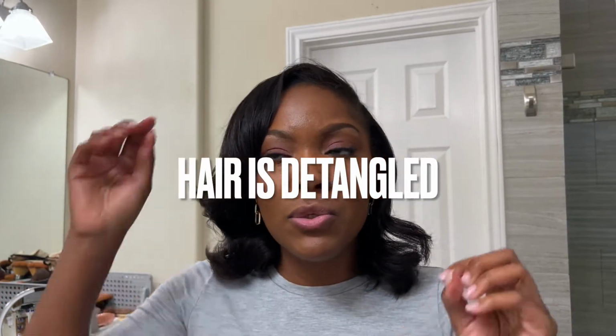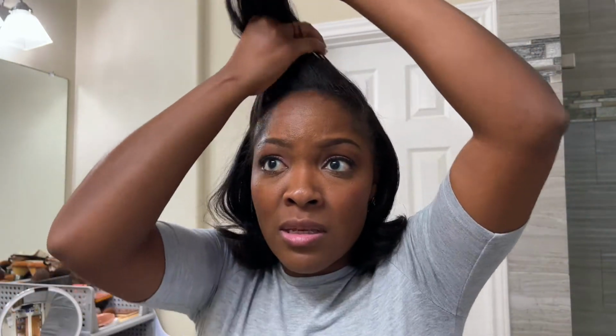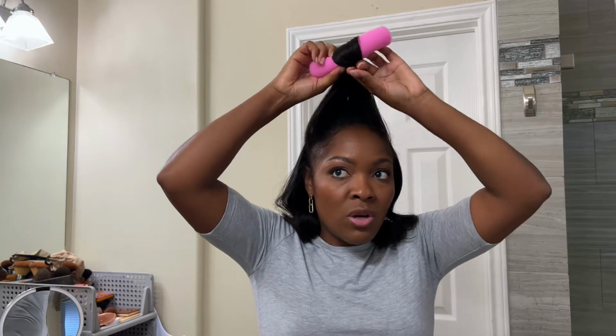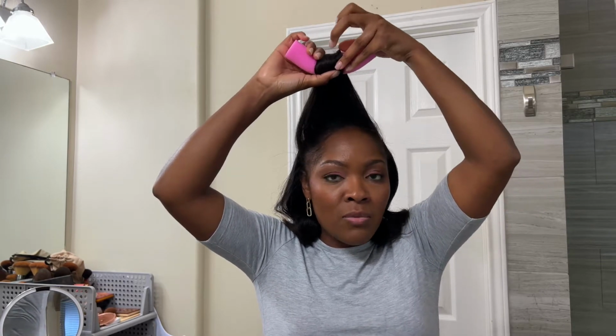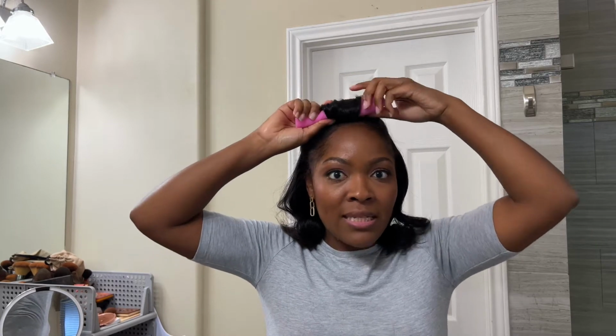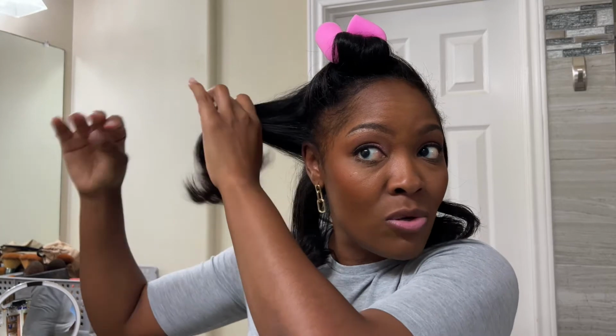All right, y'all, let's jump right into it. I am going to use my fingers and start off by sectioning off some big sections so that I can start with this first roller. All you have to do is take the roller. You can start from your mid strands or at the bottom. It's really up to you how you want to roll your hair, but I normally start a little bit towards the bottom, but not exactly the bottom. Once you get that rolled up, they're in for the night. When I say super easy, quick, and user-friendly,